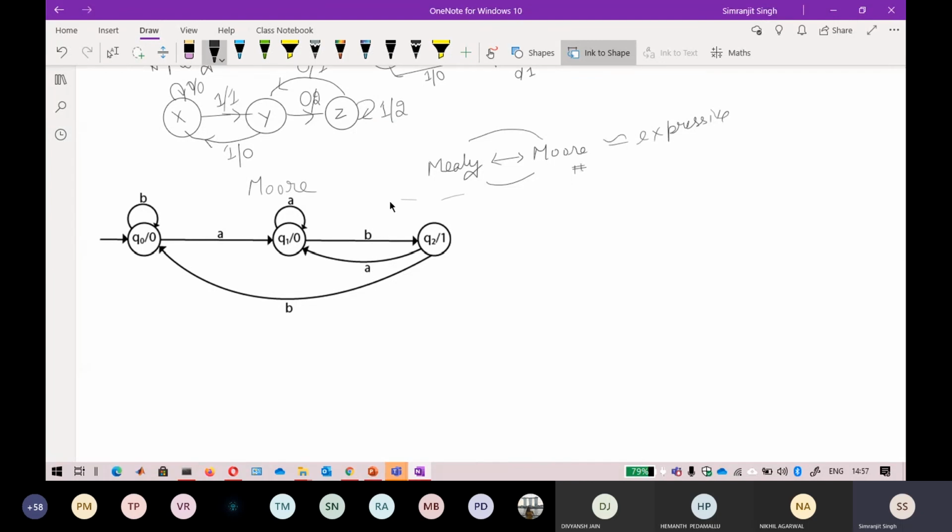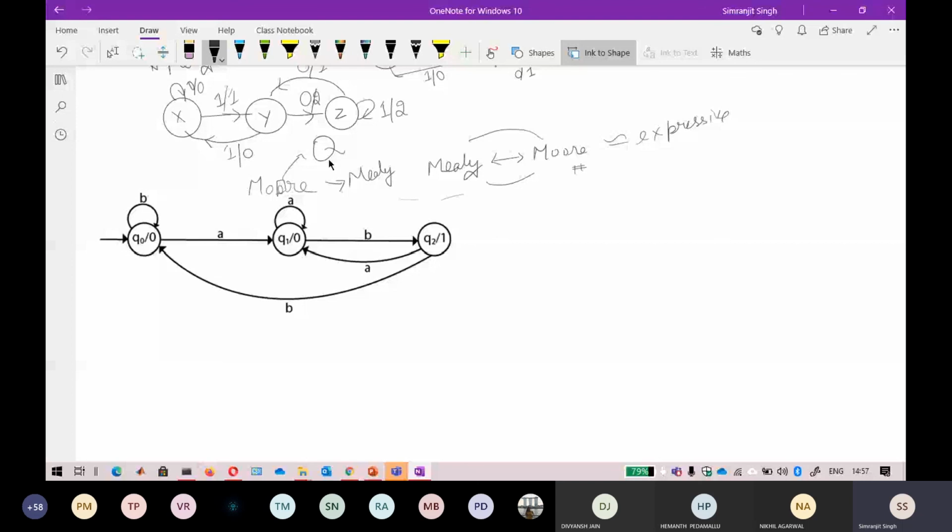Now if you want to convert any Moore machine, keep in mind how to recognize Moore. If you are getting confused, take the second O and place a line here, so it becomes Q. Keep in mind that Moore depends upon Q. The output will be placed alongside the Q, that is your set of states.